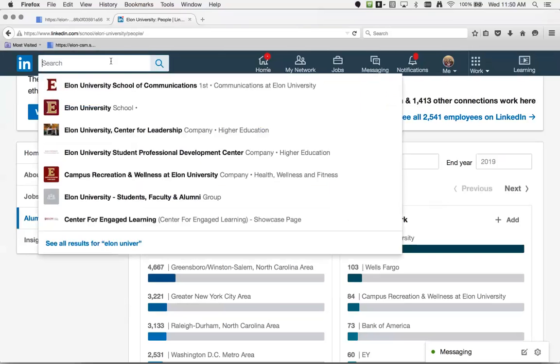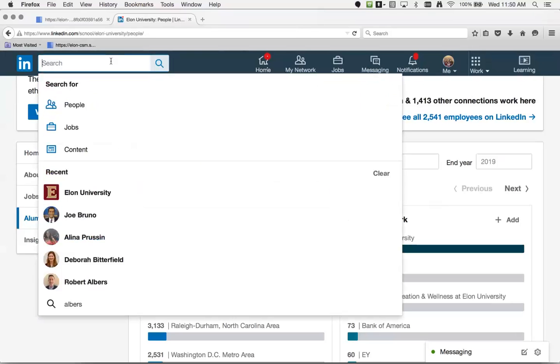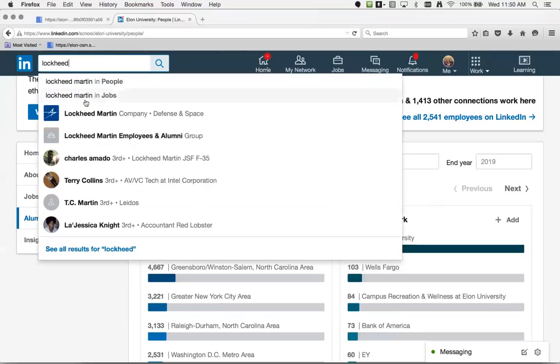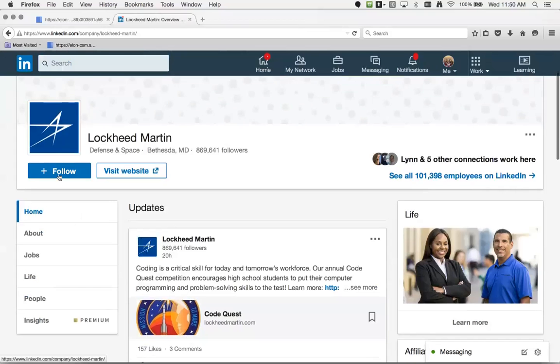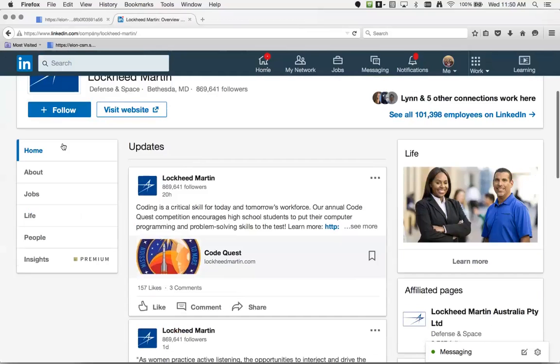Another thing that I want to show you, and this will be the final thing, is you can also do this for companies. So say that if you were interested in Lockheed Martin. So I'm going to go to the company. Again, it pulls up the company, gives me information, gives me people.